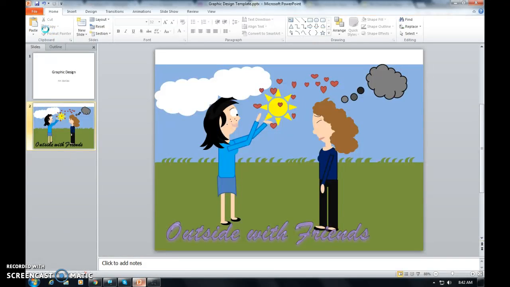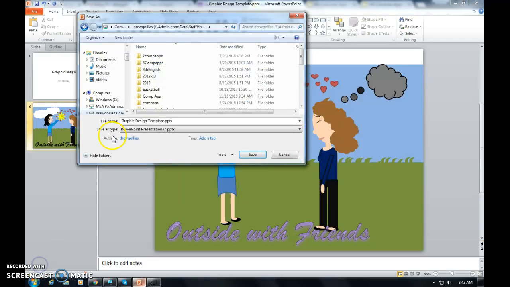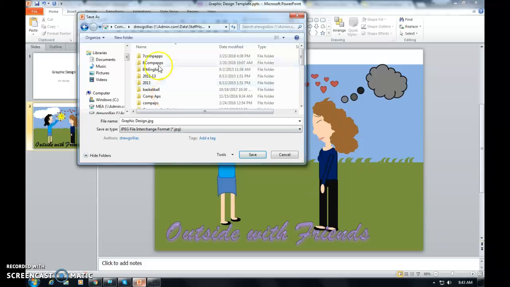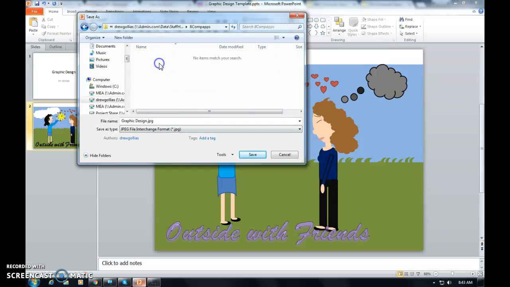And eventually a box is going to pop up that looks like this, and I'm going to change it so it just says graphic design. You name it what you want. Here's the trick down here. I want to change this to a JPEG like so, and I want to save it in my 8 comp apps folder. You can also save this in your Google Drive in your video folder,